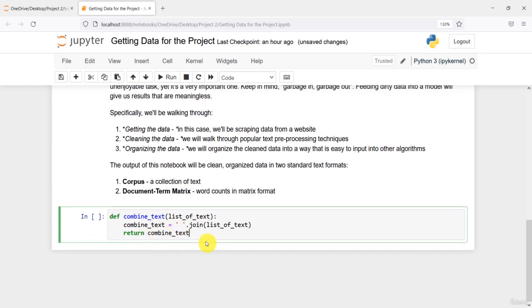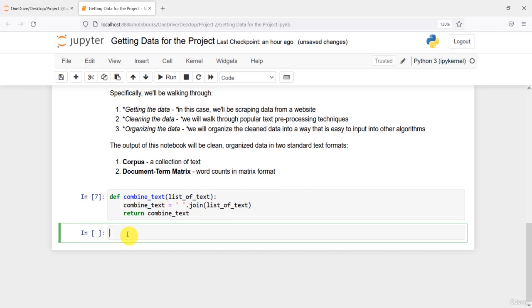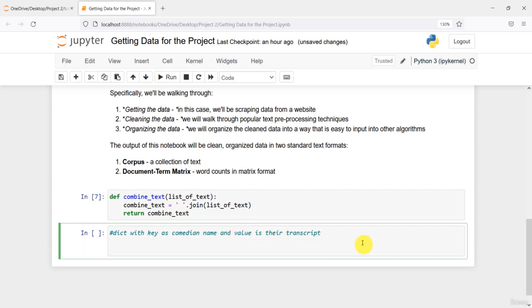Now after we have this combine text method, let us run it, and here I'm going to call the combine text function that we have just created, maybe inside a dictionary. Maybe I want to create a dictionary with key as comedian name and value as their transcript. Let us do this. I'm going to use a dictionary comprehension, calling combine text and passing the value to it. Then I'm going to loop around key and value